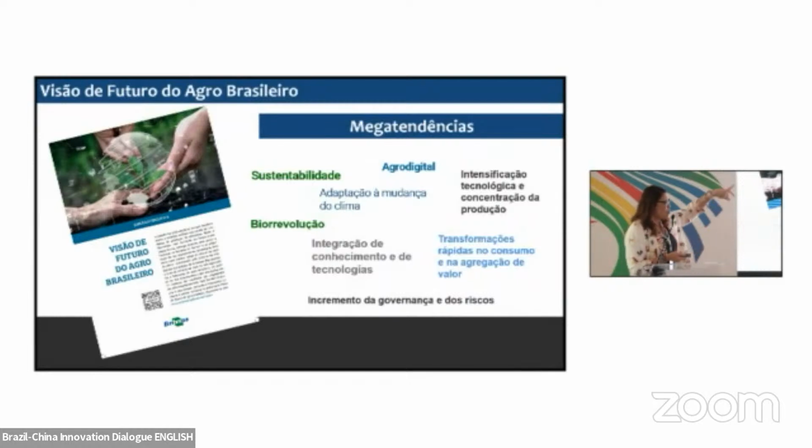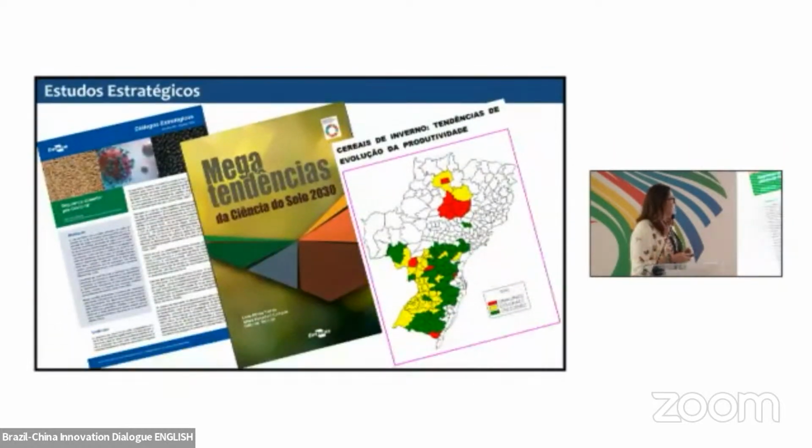We have many documents, several documents are generated. Some of them have become mega trends, as we said. So we have sustainability, digital agro, climate change adaptation, technology, and the governance and the risks of each sector, and the transformation of part of the. You have a couple of documents which will have specific topics such as COVID and safety